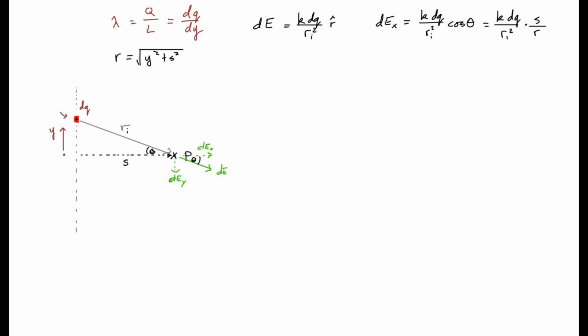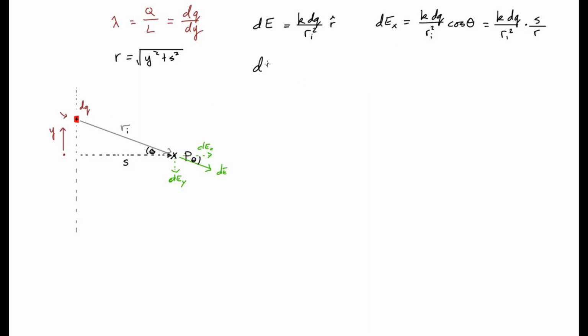angle theta. When you look at these kinds of equations, I want you to look at this and this and this as all variables that need to all become one variable. We're going to choose y as the variable that they all become. And which variable you choose sort of comes with practice. You can use different variables, but some of them are just easier than others. Okay, so this tells us then an individual element dEx, the x component of dE here, is going to be